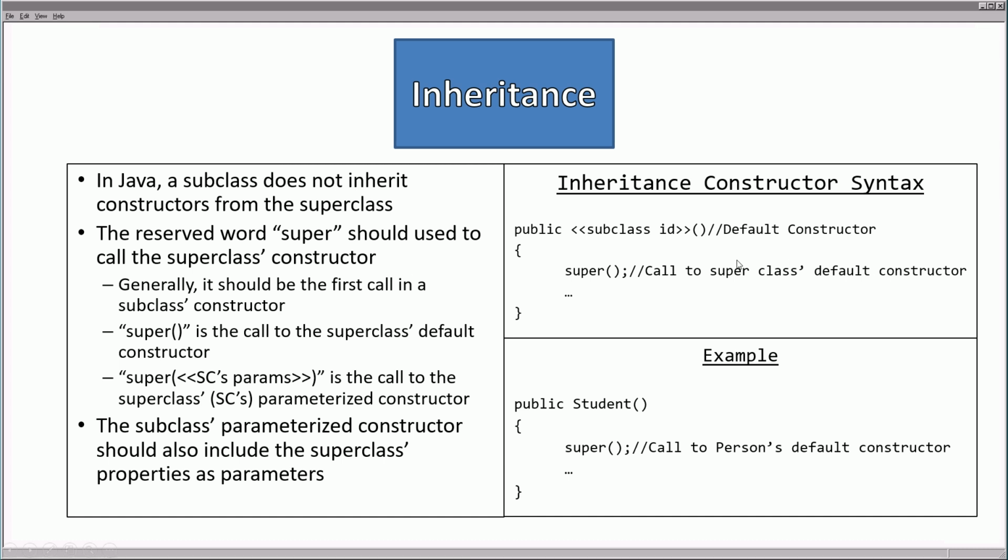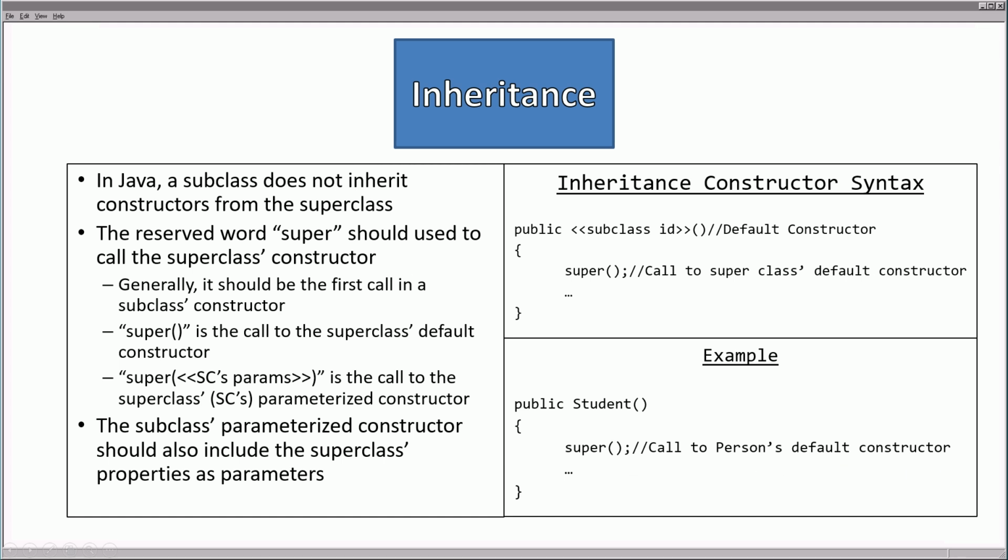Now notice right here, what you would use inside of this constructor, it still works the same way. Public, no return type, and then you have the subclass's ID. And this is the default constructor as we have no parameters. But notice right here, you call super followed immediately by the parenthesis, and this is a call to the superclass's default constructor. Now with our running example, that's going to be explained in a lot more detail. If we have the student, which was established that a student is a person, then its default constructor public student is like this, and then we call super with the parenthesis,